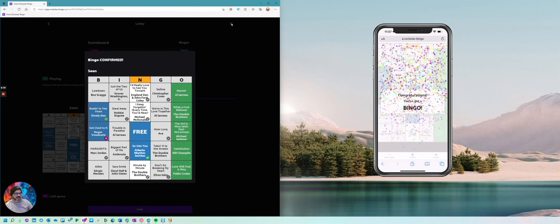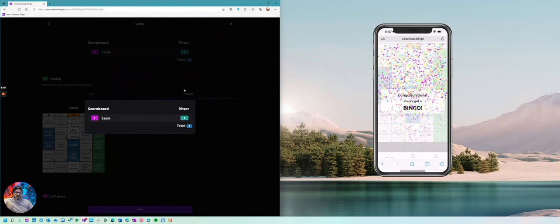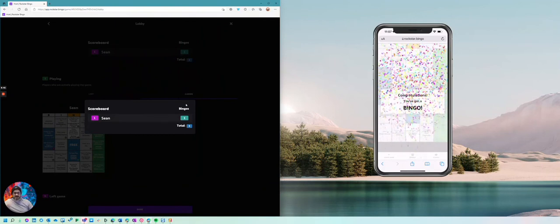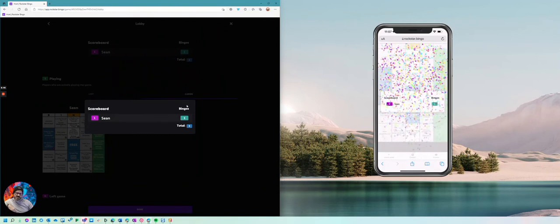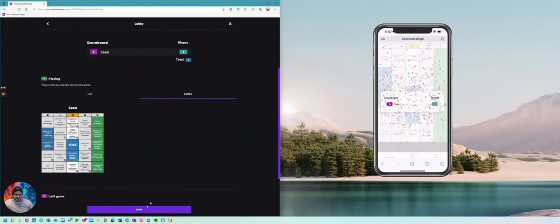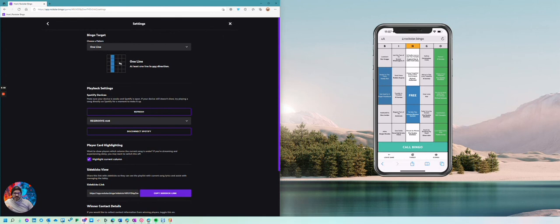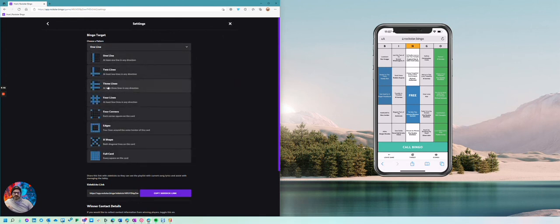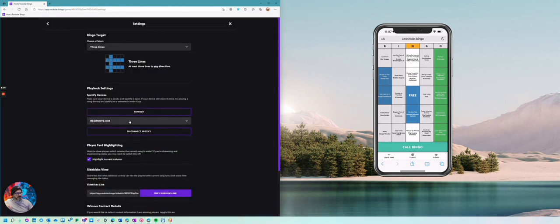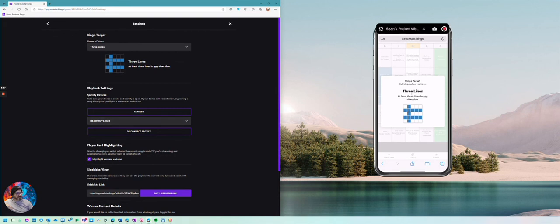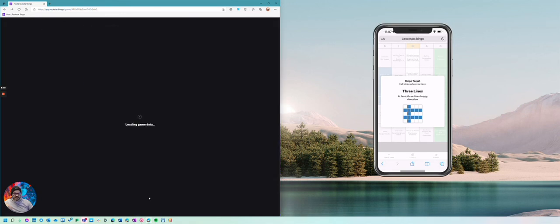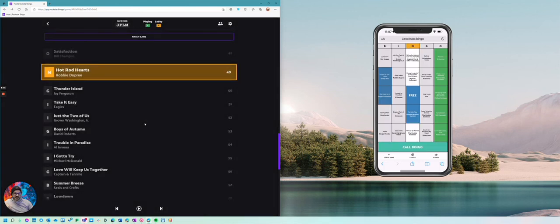So at this point, I could either stop the game and start a whole new game, like leave the game, pick a different playlist. Maybe we did 80s music the first time. Now we're going to do 90s the next time. Or I can actually just switch targets and say, okay, we played for one line. Let's play for 3 lines now. So I'm going to do that. You're going to see that everyone's notified on their phones, and we carry on and just keep playing the game until someone gets 3 lines.